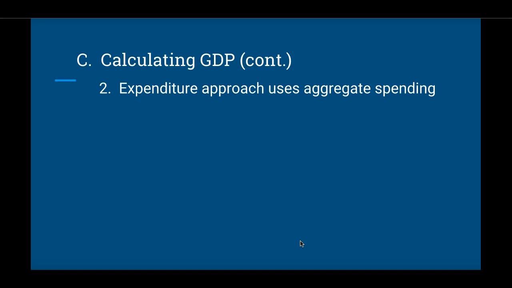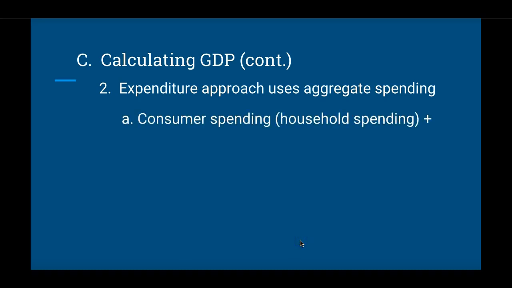So we're not just talking about spending of consumers, we're talking about spending of everybody, okay? So the aggregate spending approach, the expenditure approach, is looking at spending of everyone. So for example, the first thing is consumer spending. And so this is going to be household spending, what individuals are going to actually buy. So what do people spend their money on? Well,